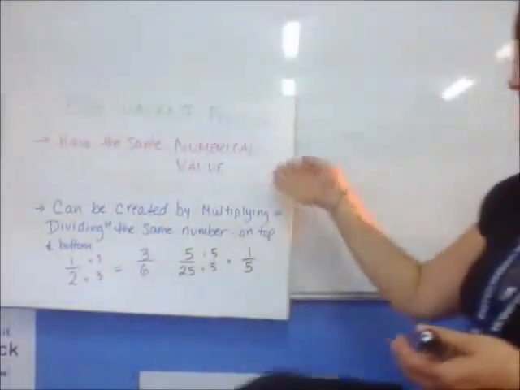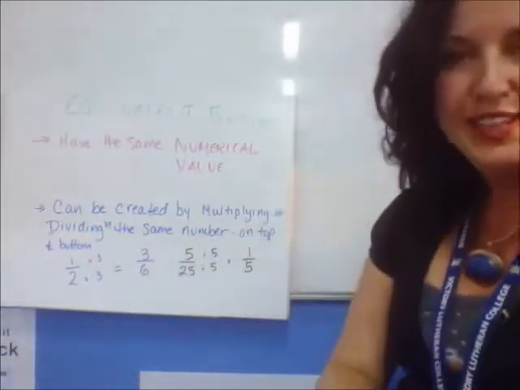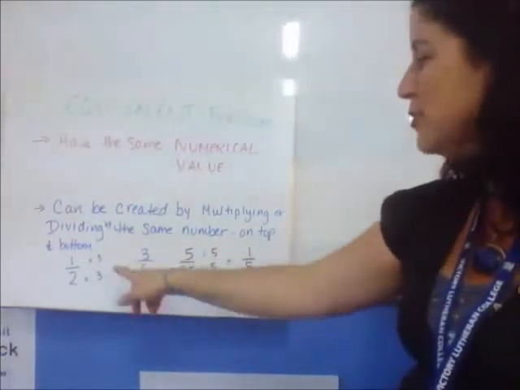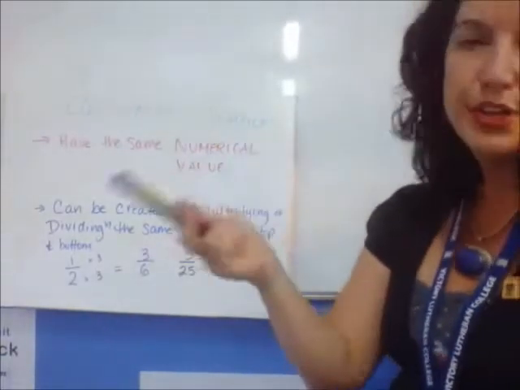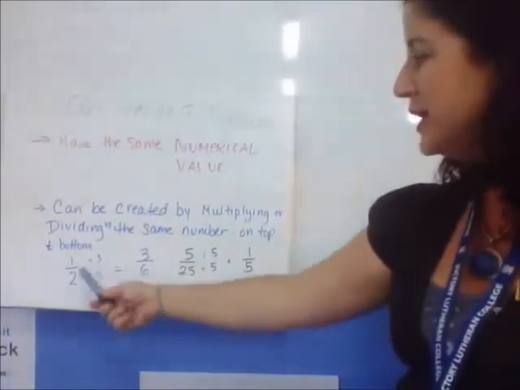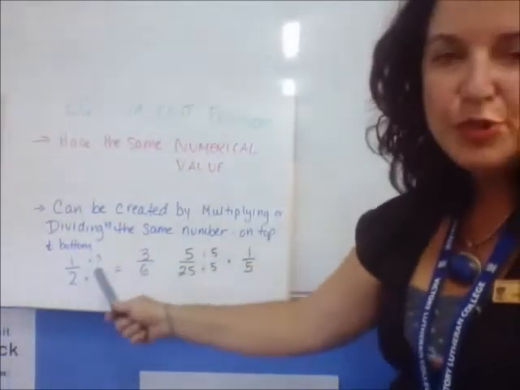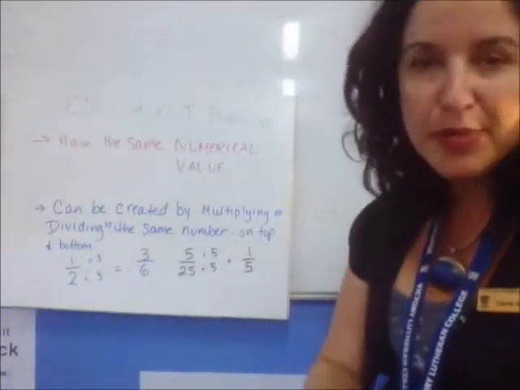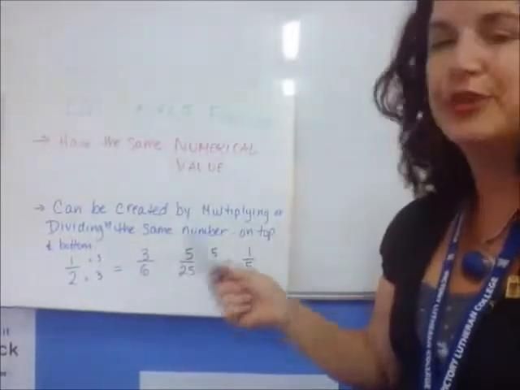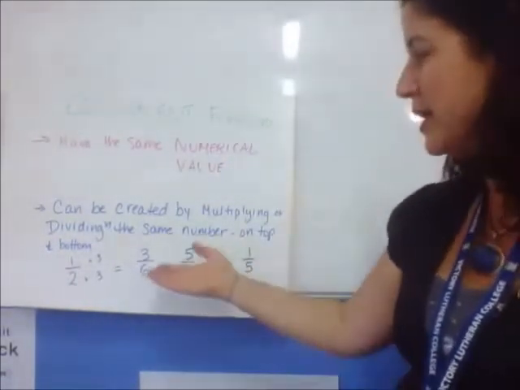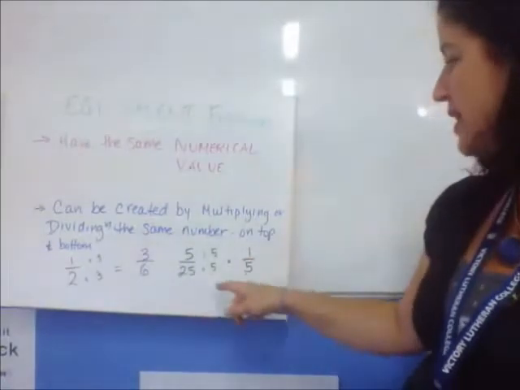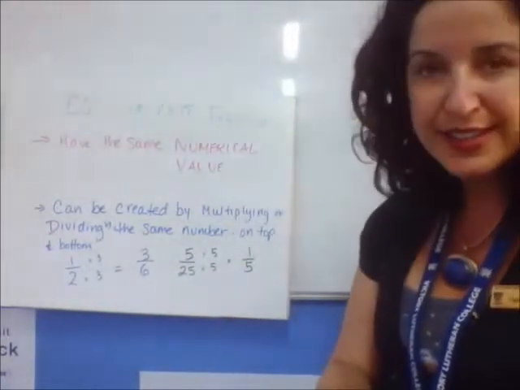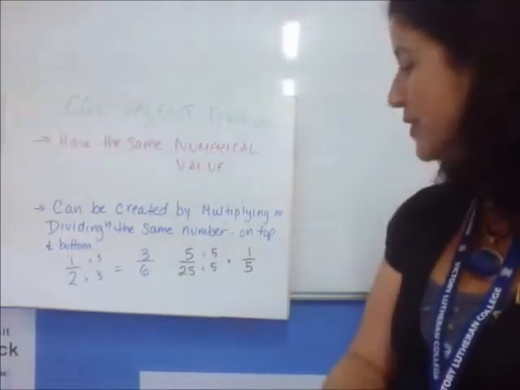So as I mentioned, they have the same numerical value. Now, how do you make an equivalent fraction? All you do is you multiply or divide by the same number on the top and the bottom. So for example here, we've got 1/2. I've multiplied both the numerator, which is the top number, and the denominator, which is the bottom number, by 3. So we get 3/6. Same equivalent fraction. Okay, and in this instance, 5/25, I've divided both the top number, the numerator, and the bottom number by 5,